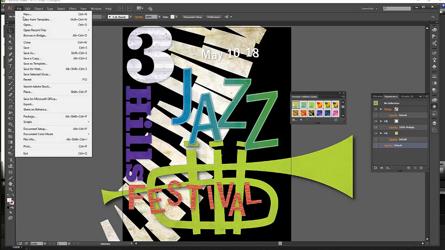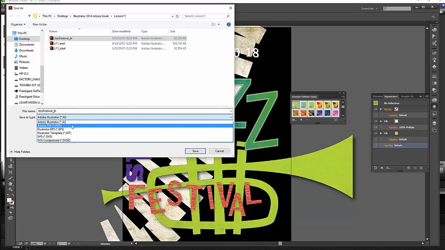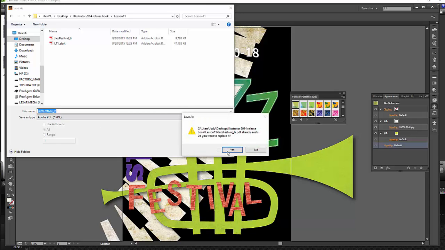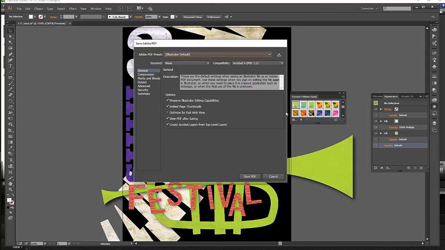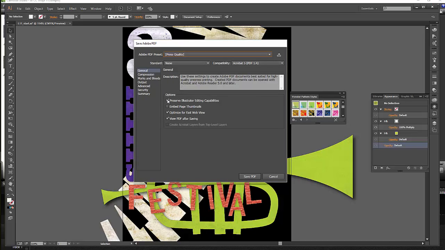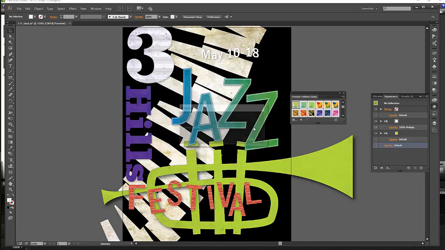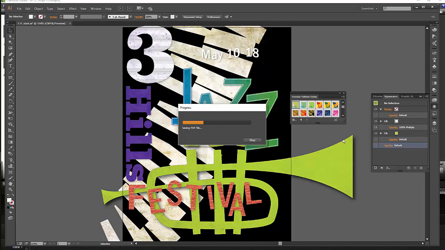What I want you to do is go to File, do a Save As, and I am going to pick up this and go to my PDF file, and I'm going to do Save, and I'm going to get a notice that says I've already saved it, and do I want to replace it? I'm going to say yes. When the dialog box comes up, instead of the normal press quality that we've done, I'm going to do press quality, but I'm going to deselect Preserve Illustrator Editing Capabilities, and then I'm going to say Save PDF. This is going to give you a dialog box that says this will cause some editing issues, but I'm going to say OK. And this is going to make a much smaller file size, but